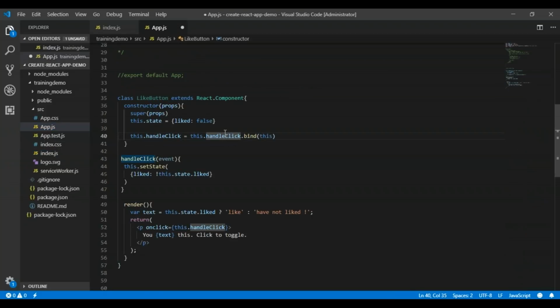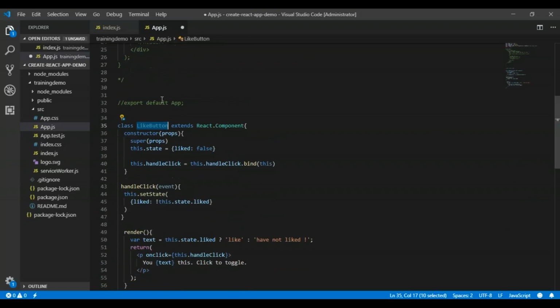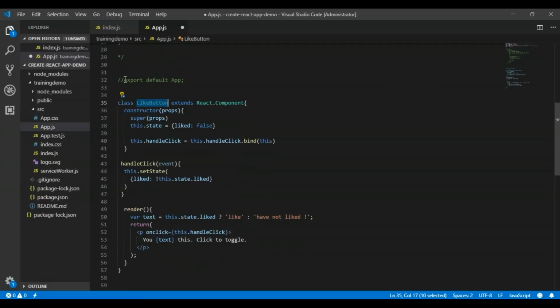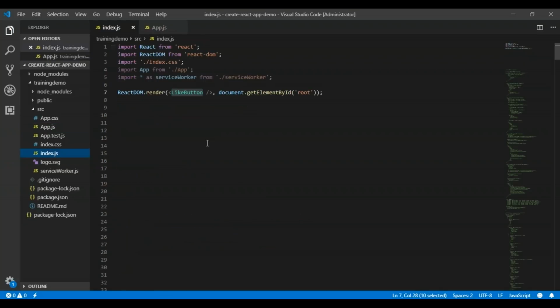In this App.js, this is the LikeButton. LikeButton is a class-based component. You can see here that it is defined as a class. Now let's define export default LikeButton, and this is used over here in index.js.